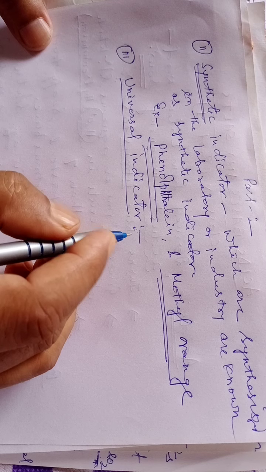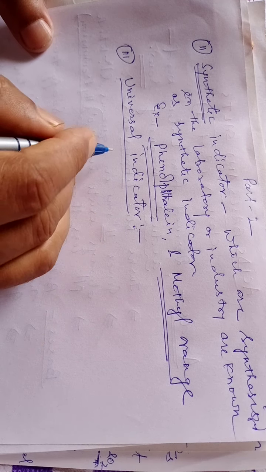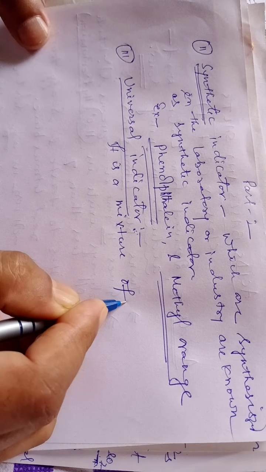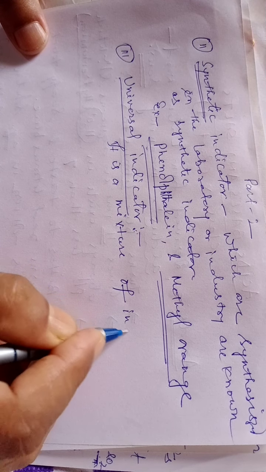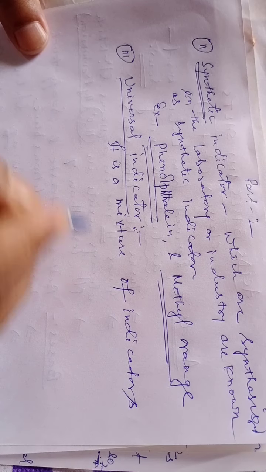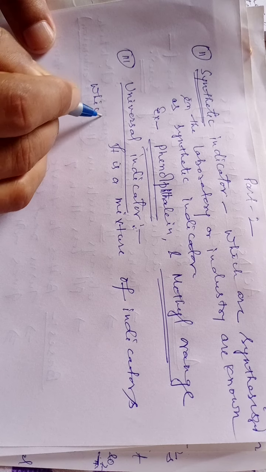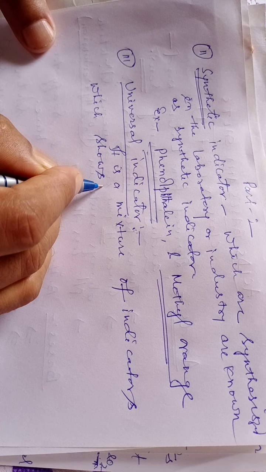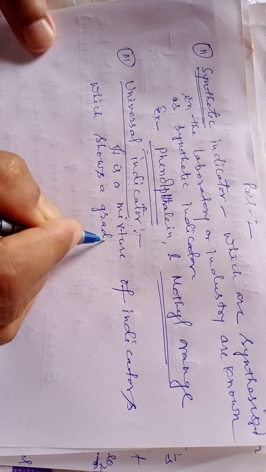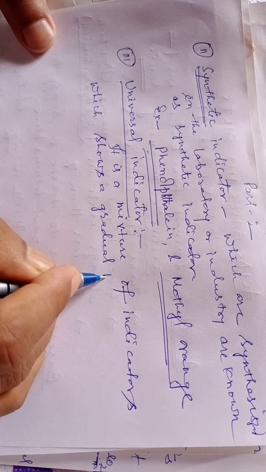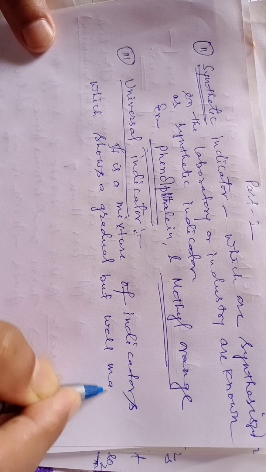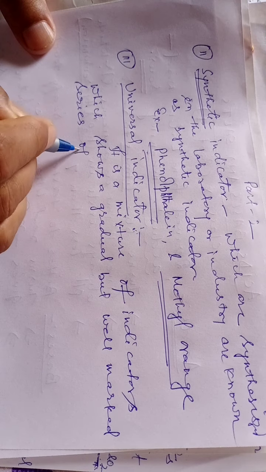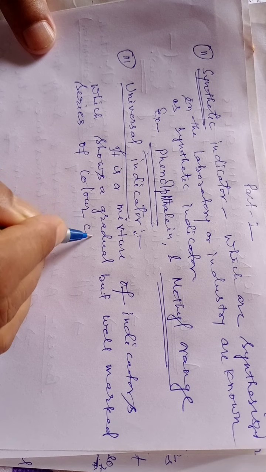So, a universal indicator is a mixture of indicators which shows a gradual but well marked series of color changes